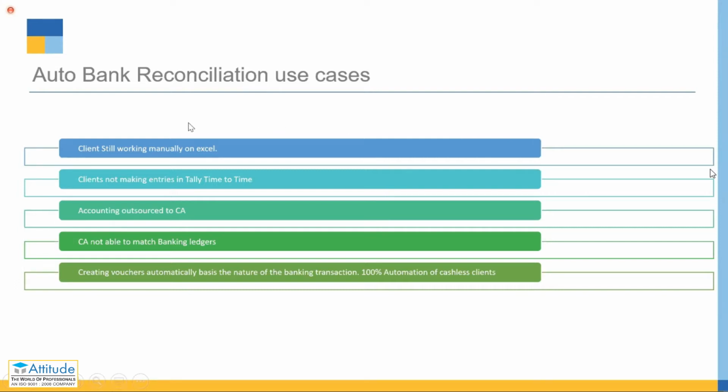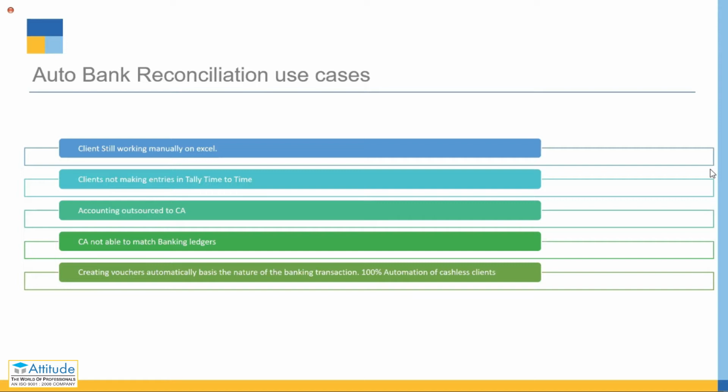Bank reconciliation is useful for a CA, the auditor or your team members because most customers or clients are still using manual methods or Excel. They send you the data in Excel or manually, and you have to do the reconciliation for that. In Tally Prime also, clients are not making entries at regular intervals. The transaction happens, and probably after a few days the entry is passed, so it is difficult to follow that entry when you are working on it.